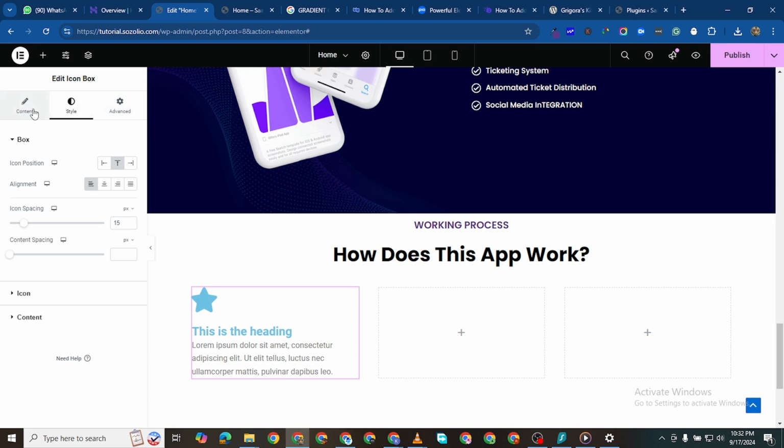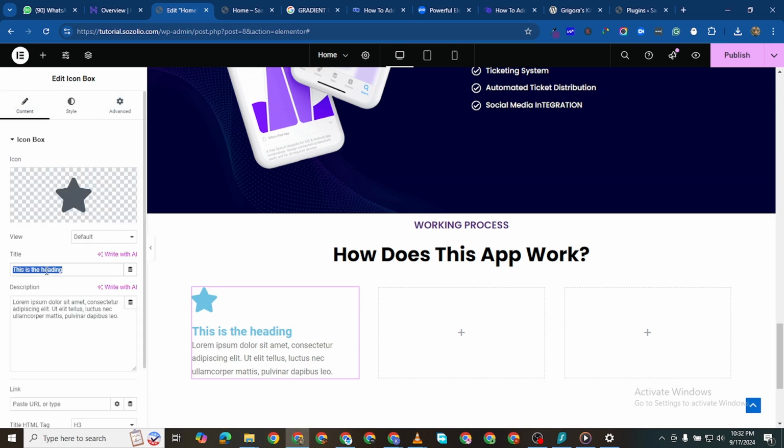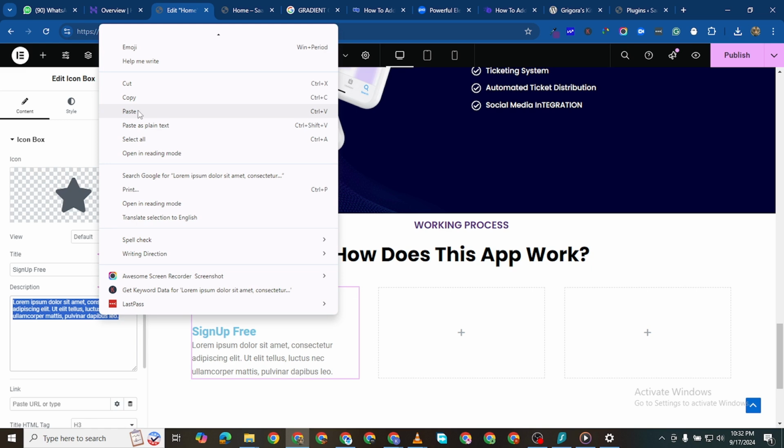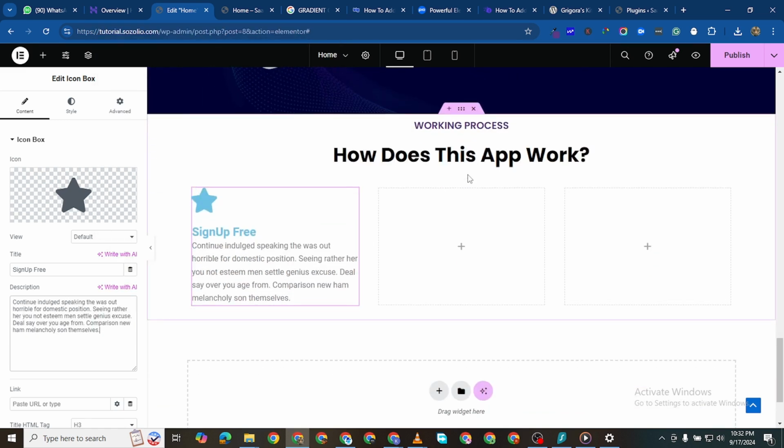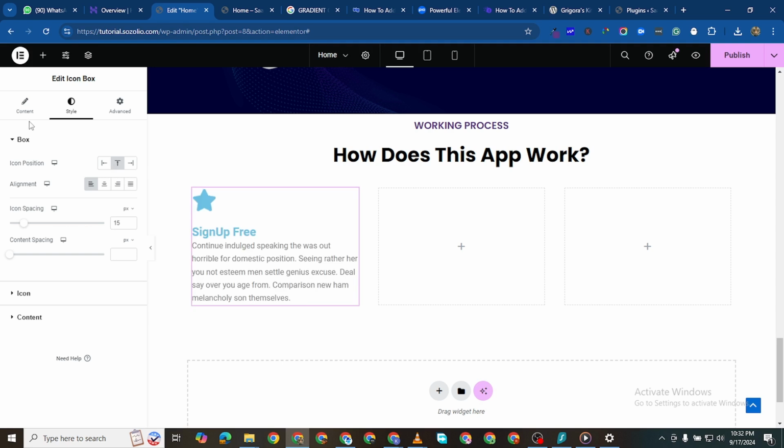and I'll come back to content. I'll give it a heading. Then I want to give it some text. I'll just copy and then paste the text here. Now for the heading, I want to make it black. First off,